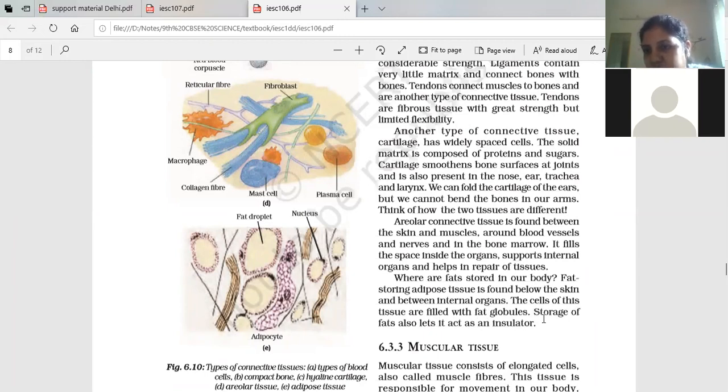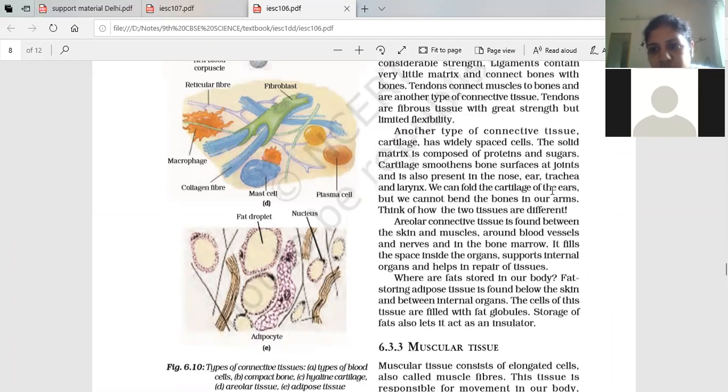The presence of fat will not allow the heat from the body to escape out, or the outside temperature to cool the body down. So the inner temperature won't cool down by losing heat energy. That is due to the adipose tissues just below the skin and near the internal organs. The cushioning material for internal organs is the adipose tissues.